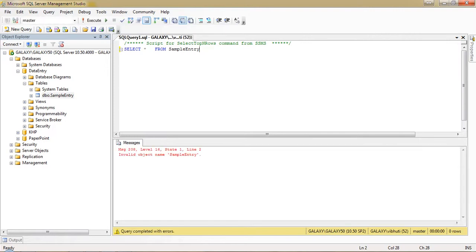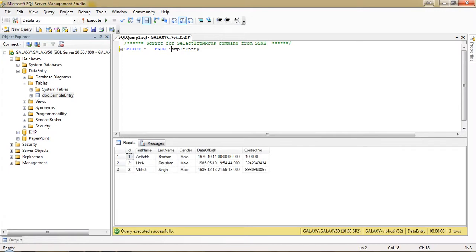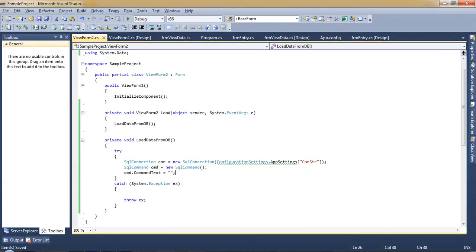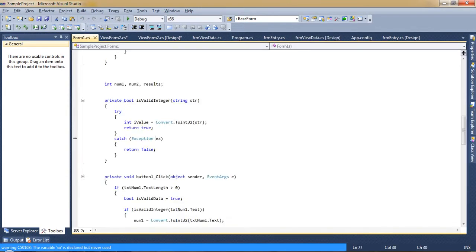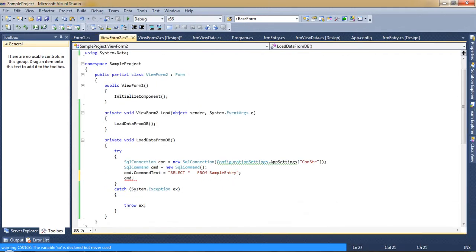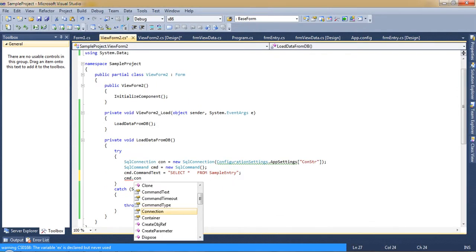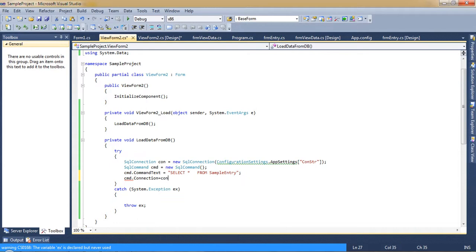This is the SQL query which we need to run to get the records. I have written select all from this. Then I will pass the connection: cmd dot connection equal to con.